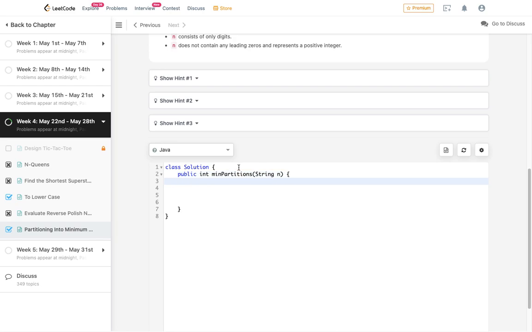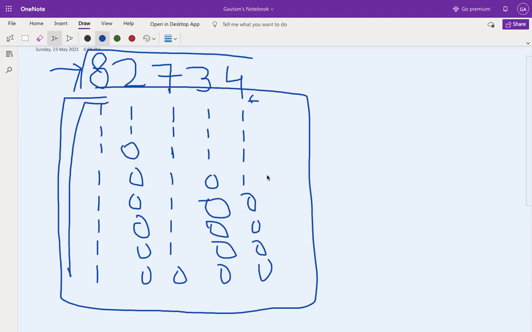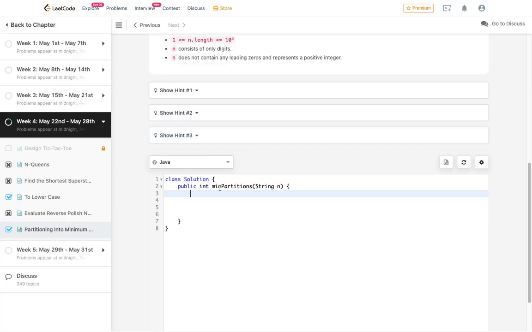The number is given in string format. I'll explain in the code. Let's represent max as 0, I'll explain why in a bit. Let's start with the loop.